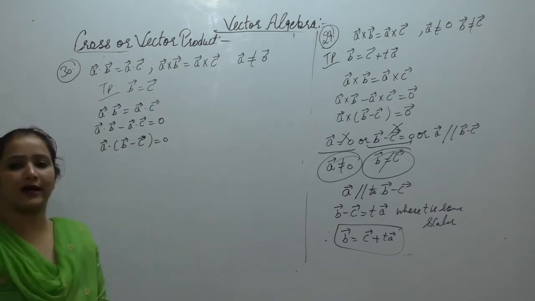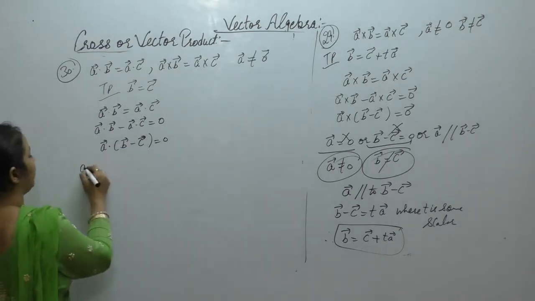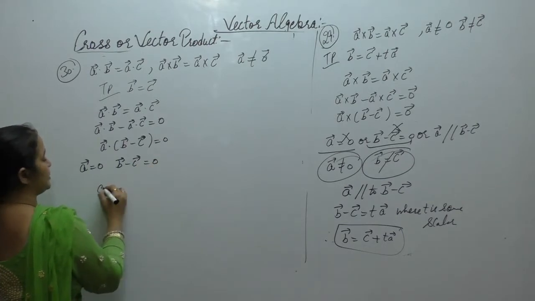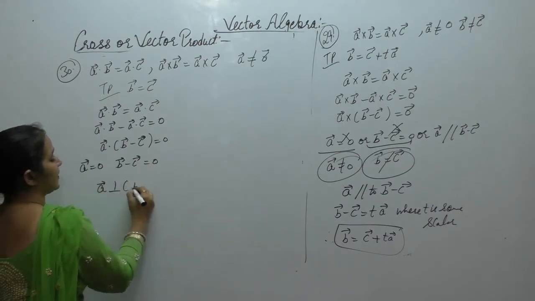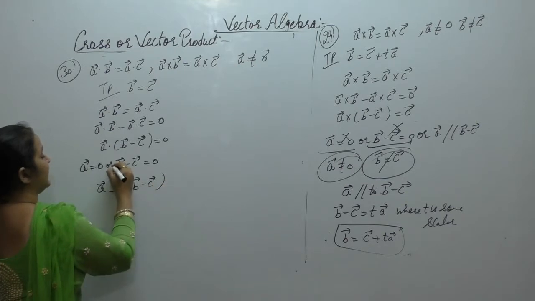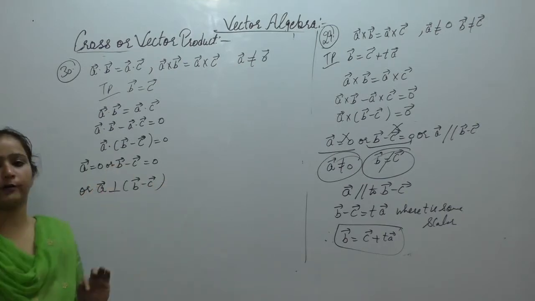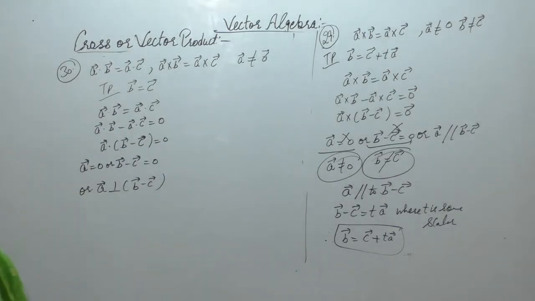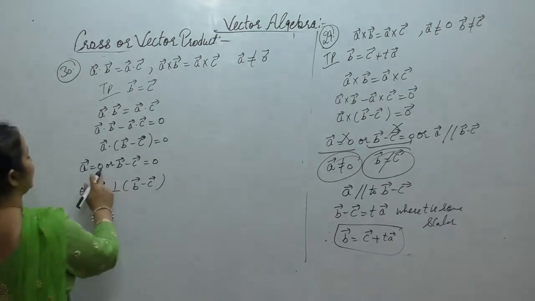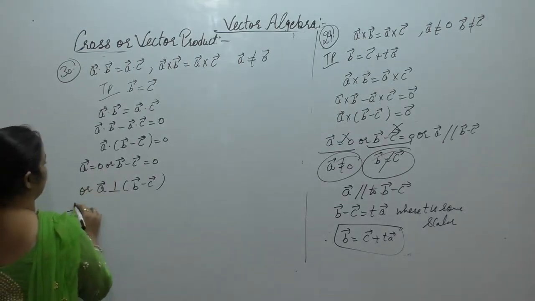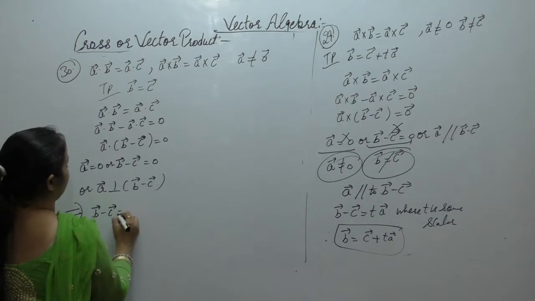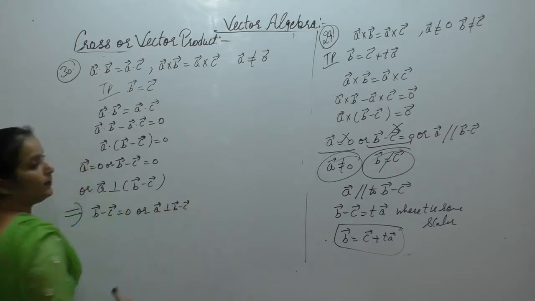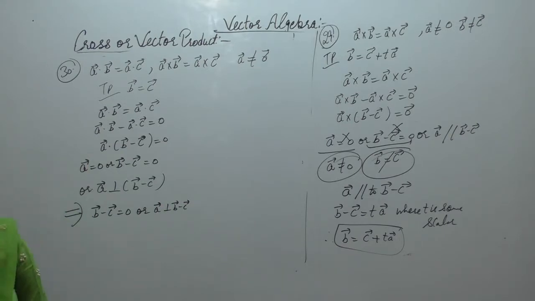Dot product of two vectors is 0 if one vector is 0, or A vector is perpendicular to B minus C vector. Dot product of two vectors is equal to 0 when they are perpendicular. Now, it is given that A vector is not equal to 0, therefore it implies either B minus C vector is 0 or A vector is perpendicular to B minus C vector. Now, cross